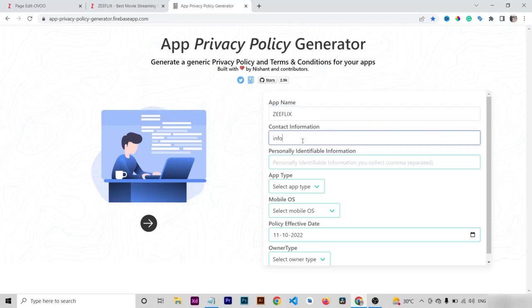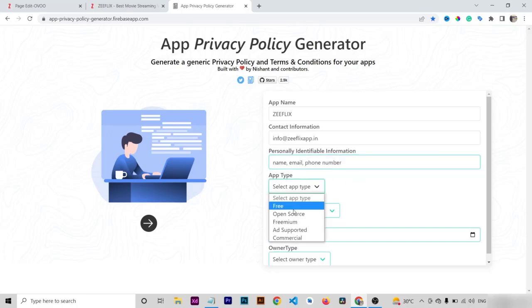So I will put info@zflixapp.in. Okay. And what information will they collect? So let's say name, email, phone number. Okay. So now app type. What is your app type? So let's say commercial,